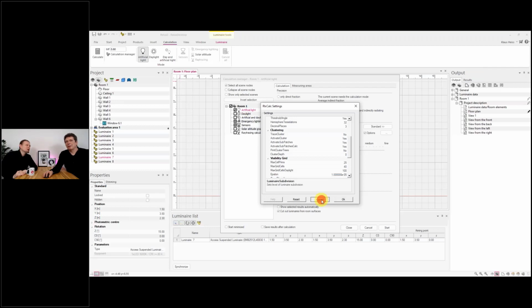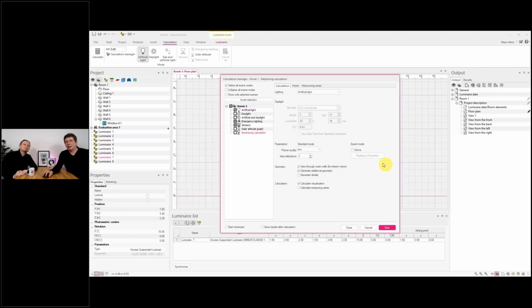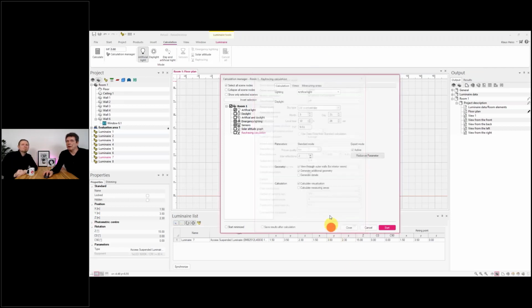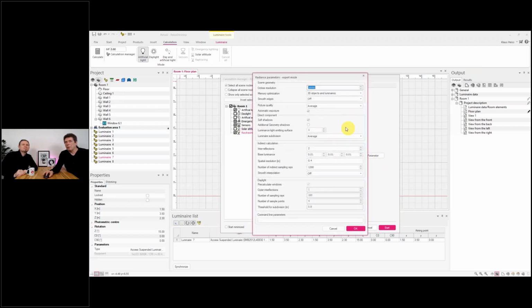We have some similar options on the ray tracing. Here it is much more often useful or needful to take a point. I was a little bit fast: if we activate the ray tracing calculation and go here to the radiance parameters, we can also set a lot of really helpful or needful settings, especially for ray tracing, and especially when you want to do some analyzing with the ray tracing,